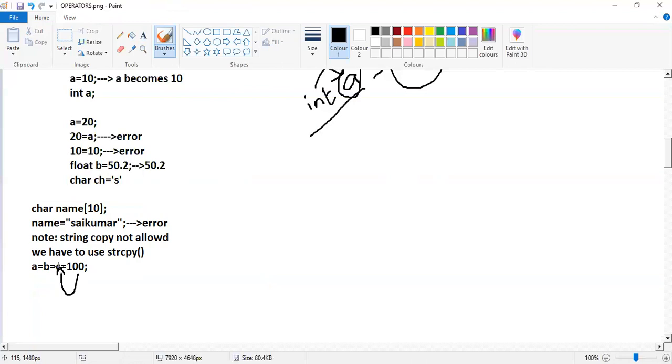Then c is assigned to b, so c is a value, and in c there is 100, so b stores 100. Now b becomes 100, so 100 is assigned to a. Then a, b, and c all become 100, guys.